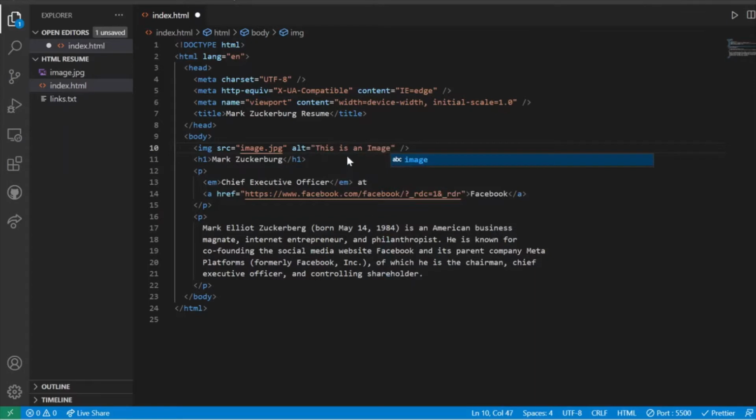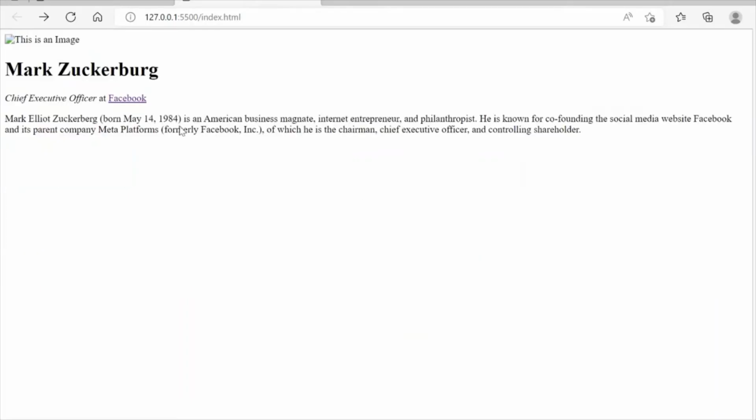Okay, so when will the alternate text be displayed? Suppose your image is not displayed properly, or there is some problem with it, if it is not loaded properly, or if the file directory that you have mentioned is wrong. So let me put the source as images, right? Now you know that our file name is image.jpg, but I have changed the file name. So let's control save, and let's see the display. You can see that in that case it will display the alternate text. So this is the use of alternate text.